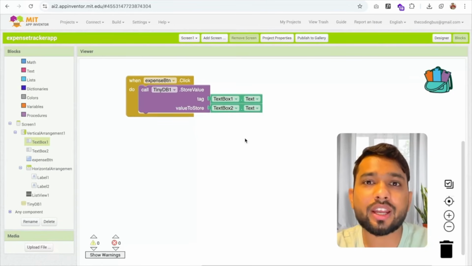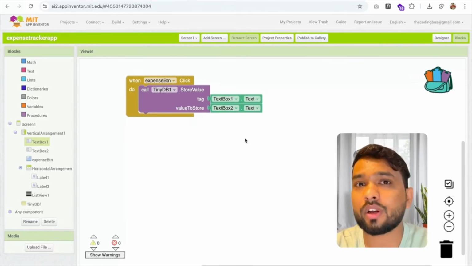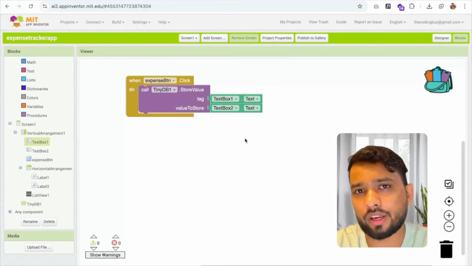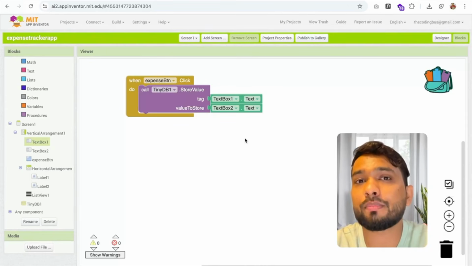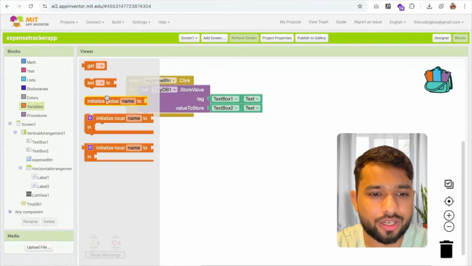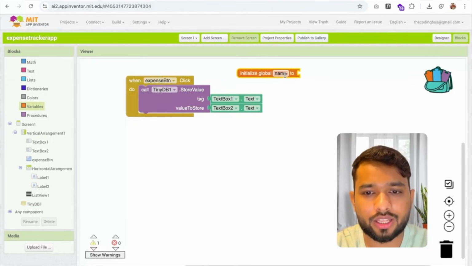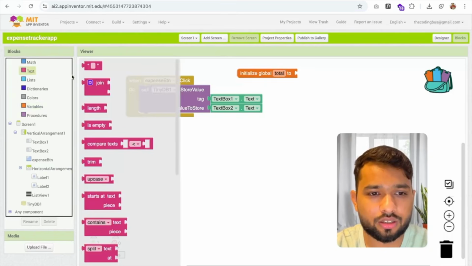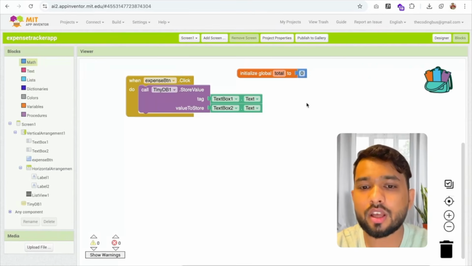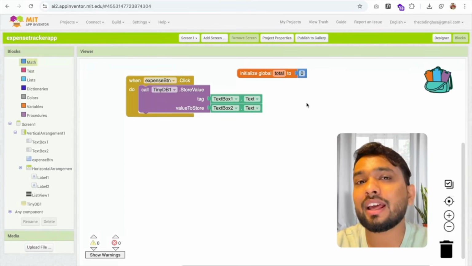Now how can we calculate it? Because we need to calculate it also, right? So how can we do this? It's simple. Whenever we store the data, we need to have one global variable that should fetch the previous value also. So here I'm using initialize global variable, and the variable name is total. And the value, you can make it 0 for now. Yes. Now whenever the screen initializes,